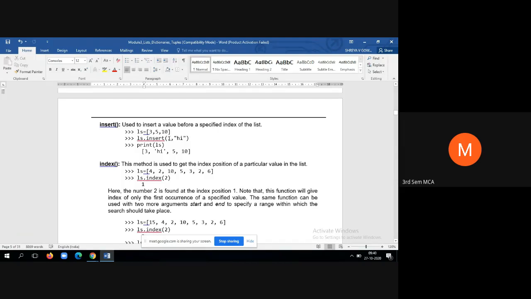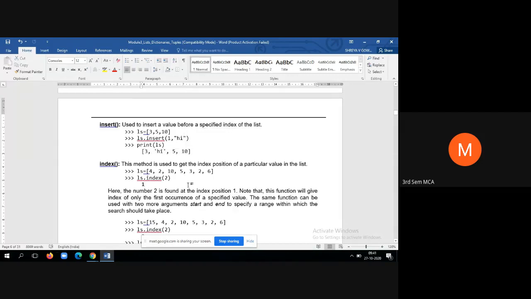You can see here it is accepting two parameters. The first parameter is the index where you want to insert, and the second is the value that you want to insert. Now look here, in the first index position, there is already 5. In place of 5 you want to insert high, so we are specifying the index value 1, and here is the output. So now we have successfully inserted high in place of 5.